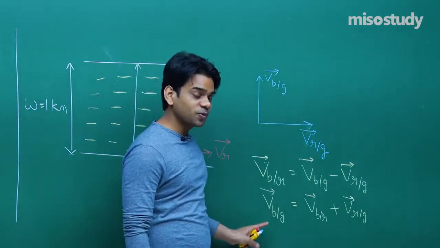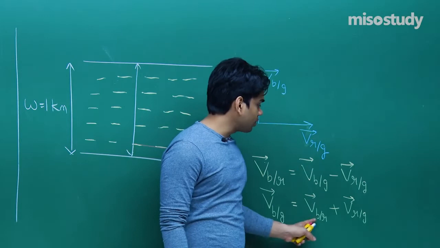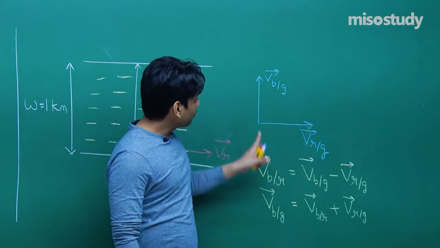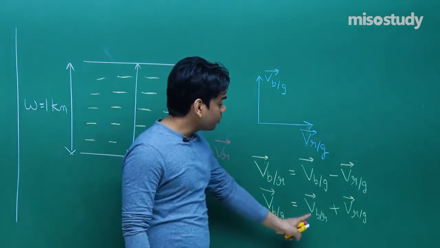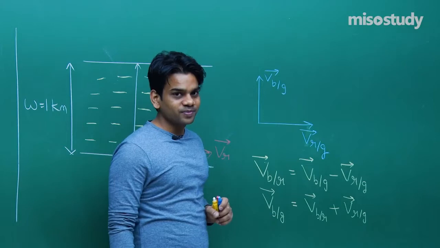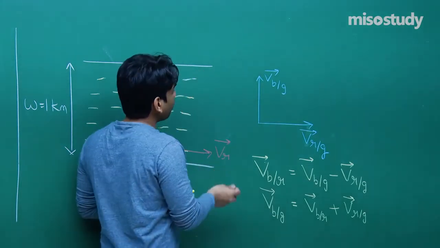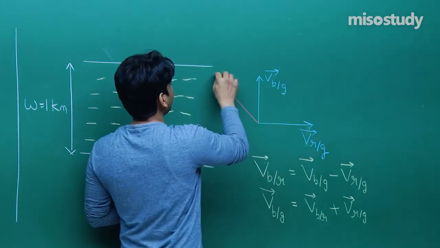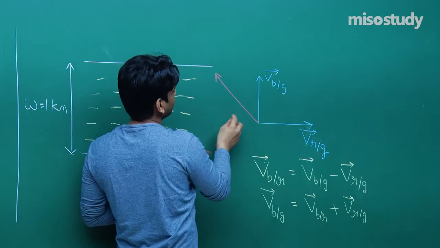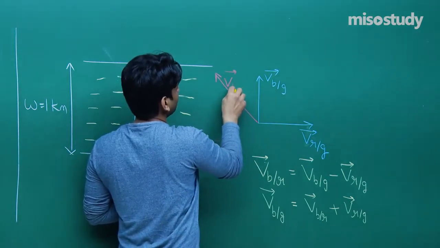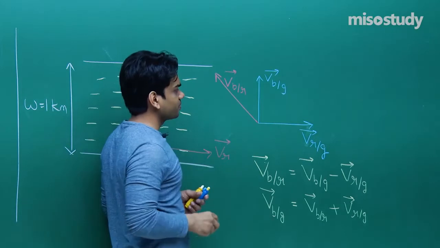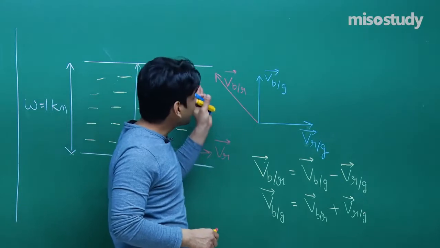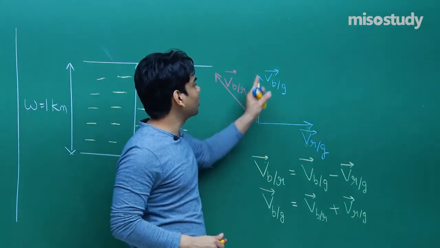We can reach here. Velocity of boat with respect to ground will be velocity of boat with respect to river plus velocity of river with respect to ground. That means, see here, velocity of boat with respect to ground is here, and you have to add two vectors to get this vector. That means velocity of boat with respect to river should be here. He should try to drive his boat along this direction. This is the velocity of boat with respect to river. That means he should try to row the boat along this direction. As he tries to row along this direction, his net velocity will turn out to be automatically along this direction.